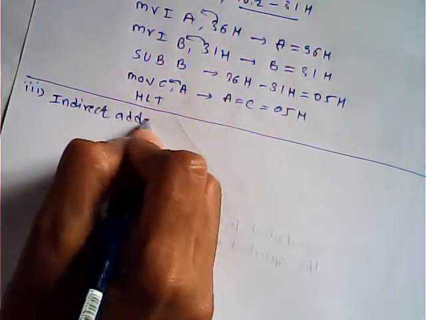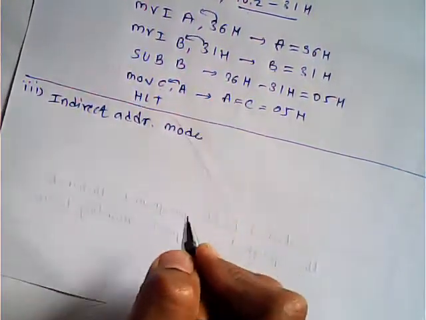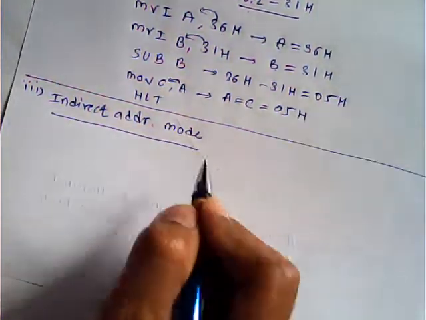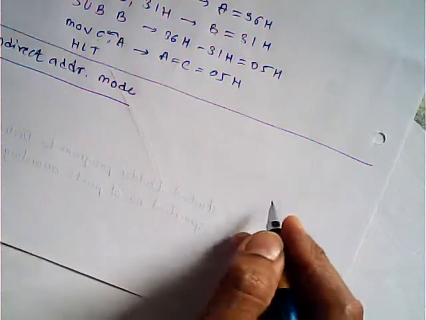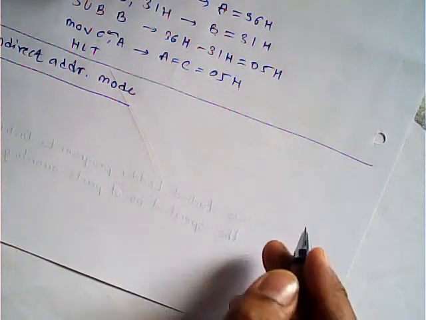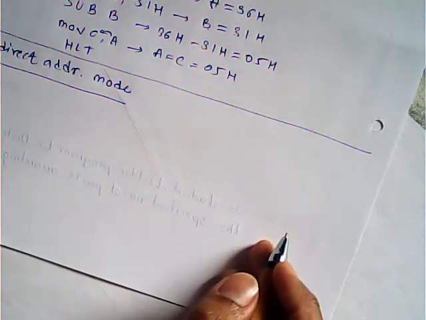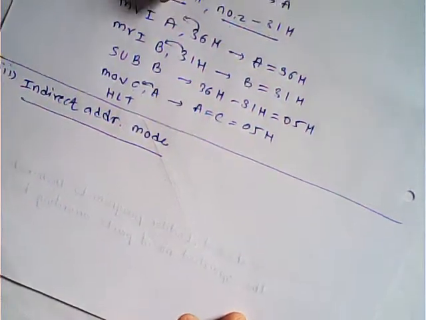Indirect addressing mode. As we discussed in the addition program, the two numbers which are available in the memory we are going to copy into the register for the addition. In this case also,